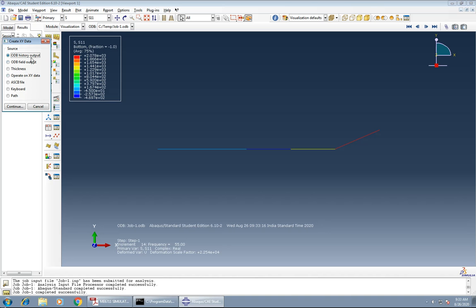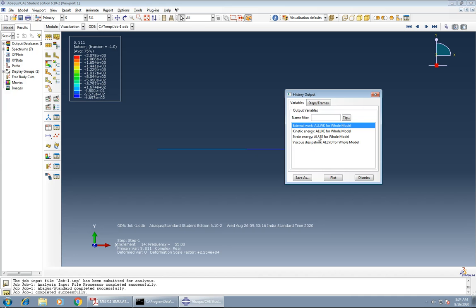Click on that, and then ODB history output, continue, and next use the option which is strain energy and save as XY data 1. Okay, so click on OK,